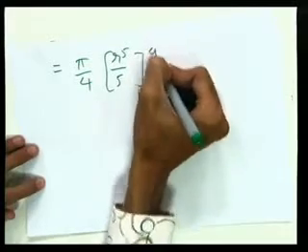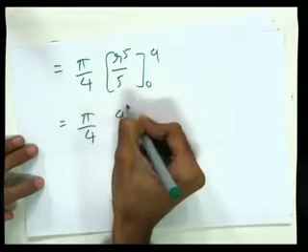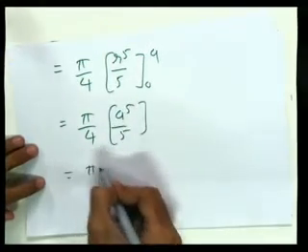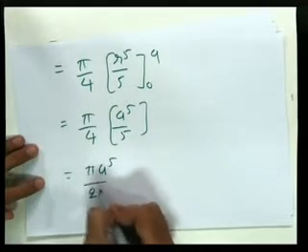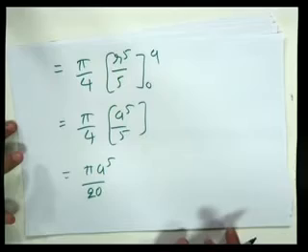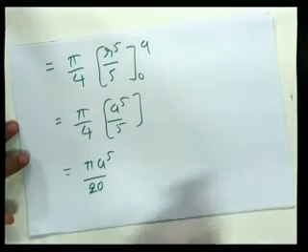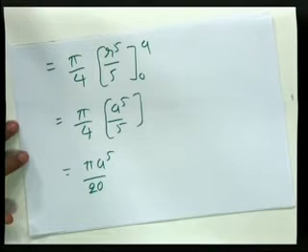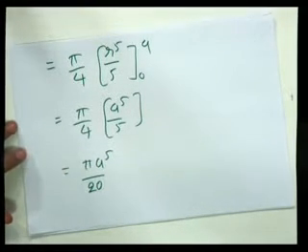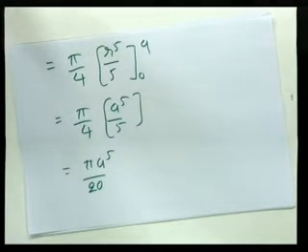0 to a. So after all we will get pi by 4 a raised to 5 by 5. So our answer is pi a raised to 5 by 20. Okay, so this is after the change of variable from the Cartesian coordinates to polar coordinates, we have evaluated this integration for r and theta. Okay, so now let us look at the PPT here.